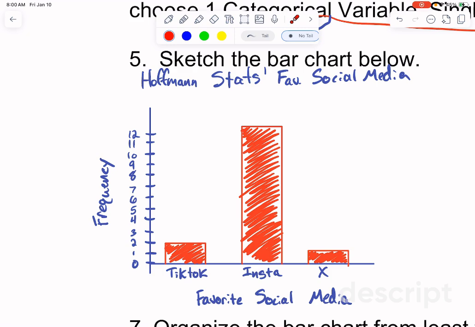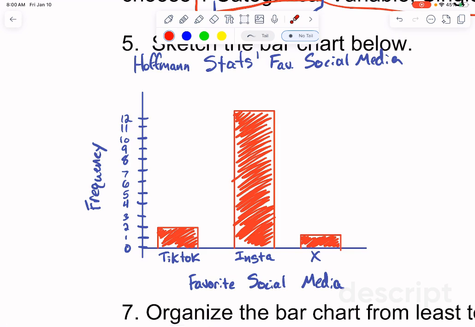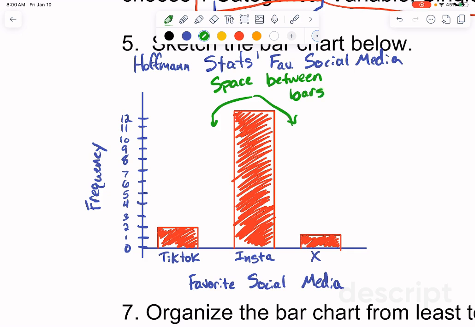The other things that are important here. On the bar chart, we've got space between the bars. So I'm going to make a little arrow pointing to that. Space between the bars. We are going to have a chart that kind of looks like a bar chart later, but it doesn't have space between the bars. So we need to make this distinction. It's an important distinction now so that we can see what the true bar chart is. So true bar chart has space between the bars.